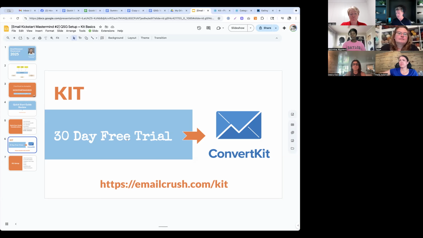The difference between rules and automations in Kit, well, maybe I should save the Kit nuance stuff for a little bit later in the call, because not everybody's on Kit and they won't all care about that. Refresh my memory, Adrian. Don't let me forget. Okay, I'll do it at the end.